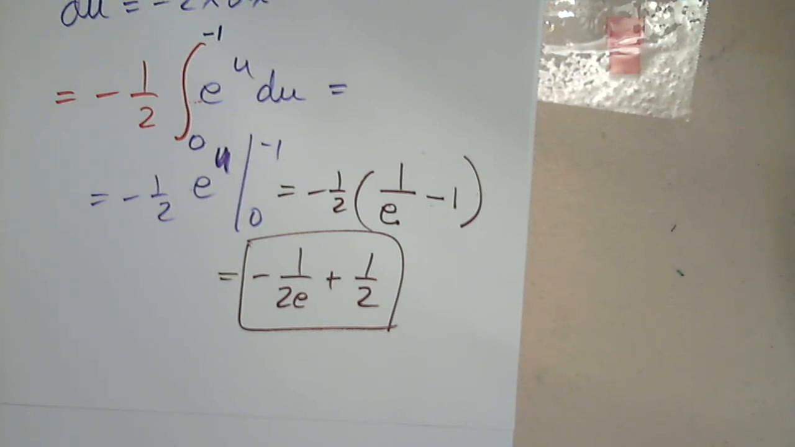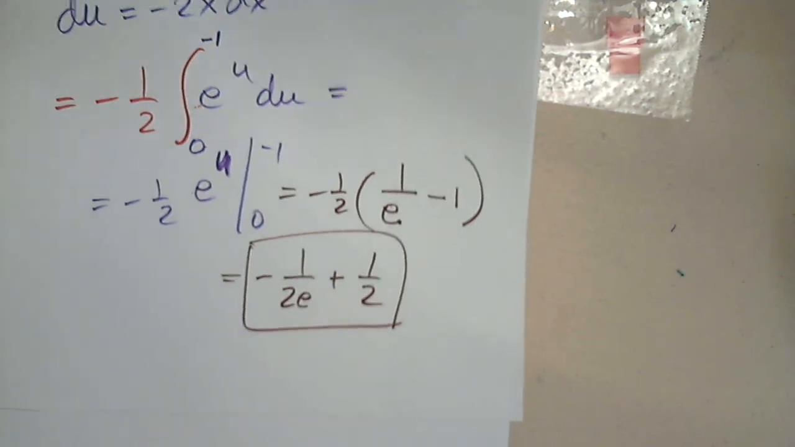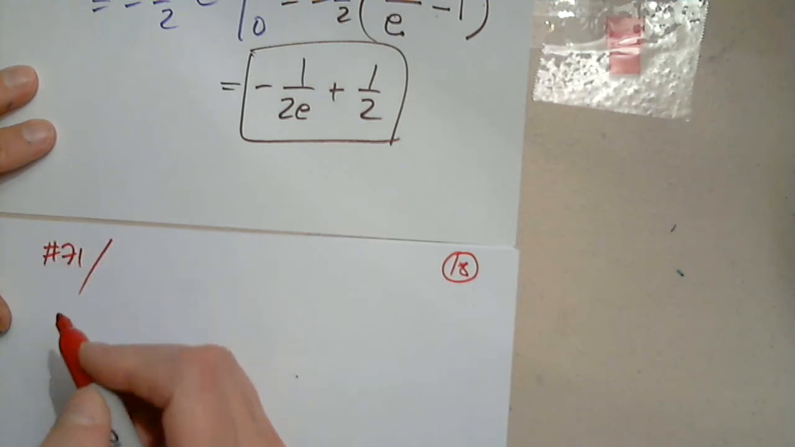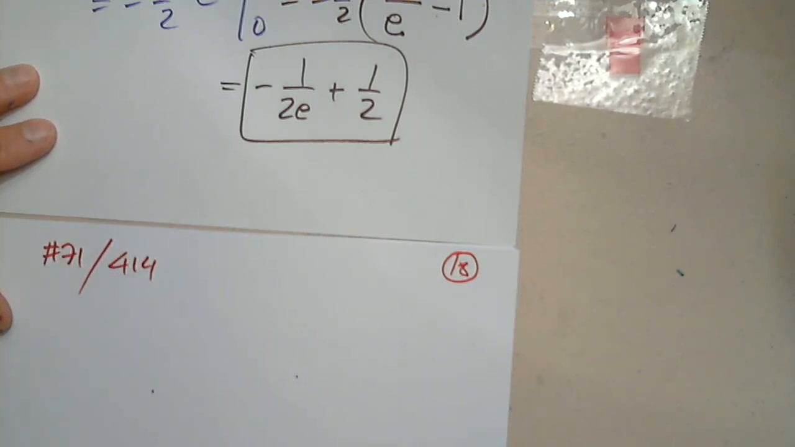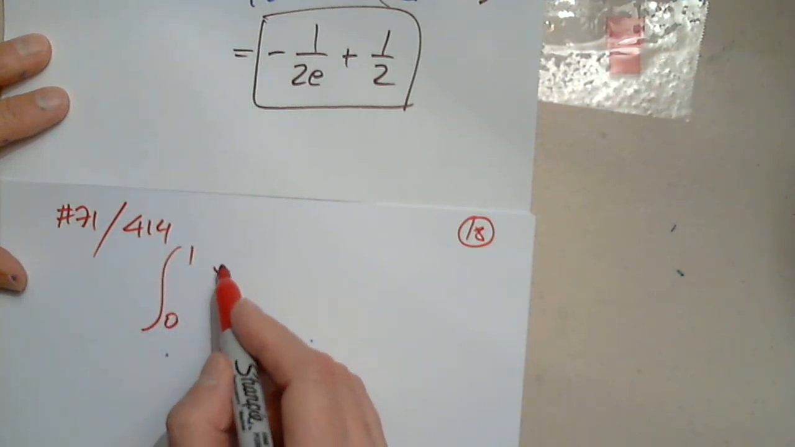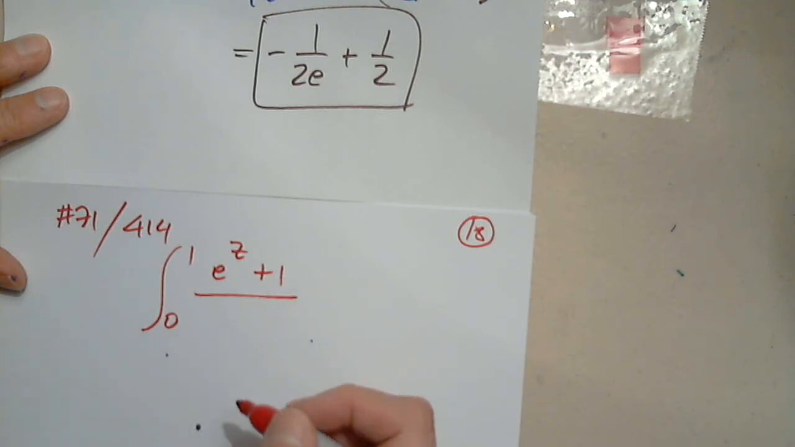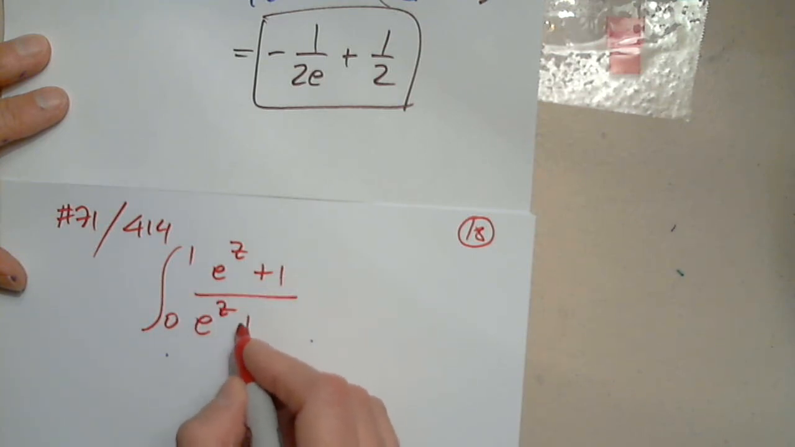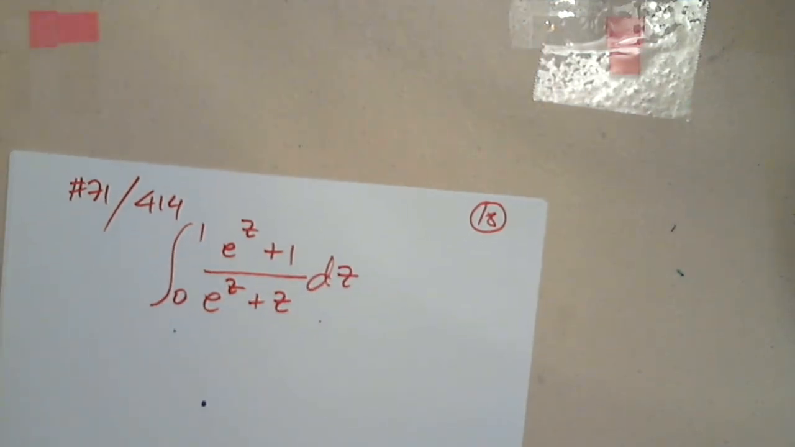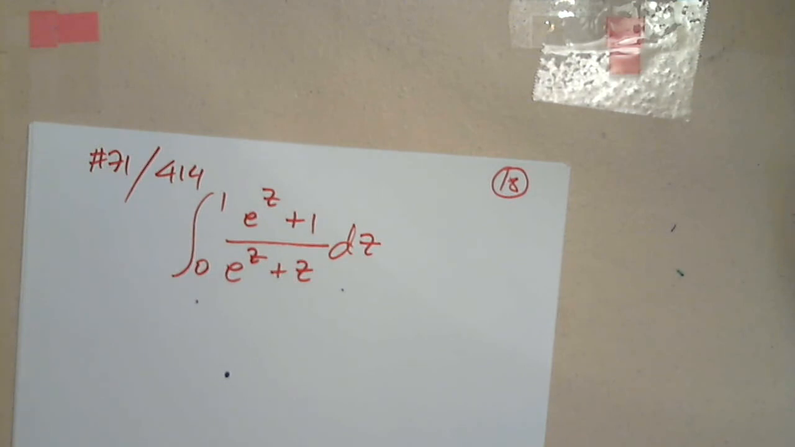Okay, let's take a look at, yeah, why not? 71 caught my eye, I don't know. 71, same page, 414. The integral from 0 to 1, from e to z plus 1, over e to z plus z, nice. dz, wow, a lot of z's in there. Okay,